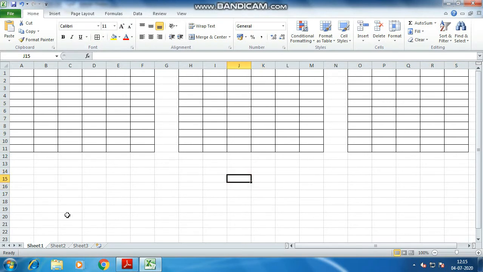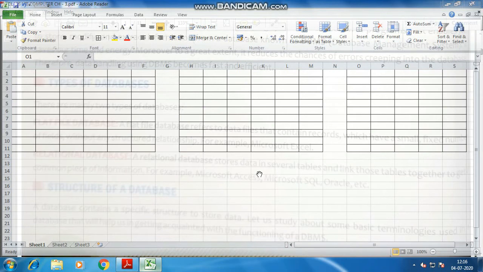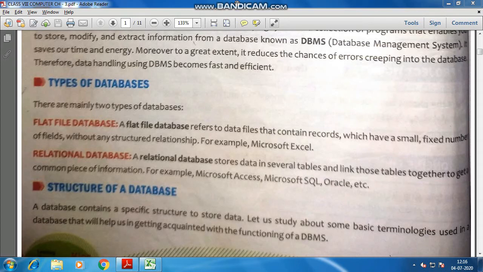But see the difference. These 3 tables which we have created in our mind are on one sheet, and the software is not allowing them to become 3 tables. Excel treats them as a range of cells. So that is the flat file database problem. I'll tell you about the relational database too. Let me open it.